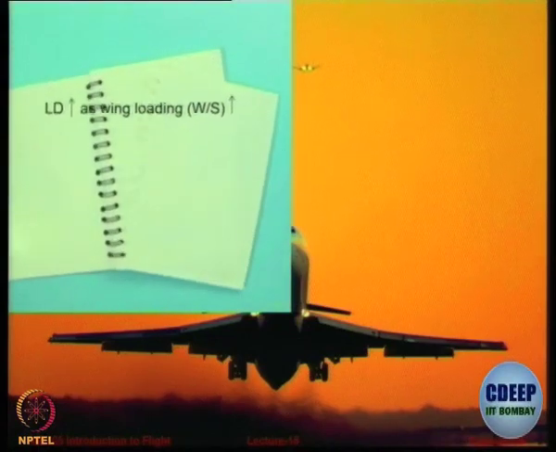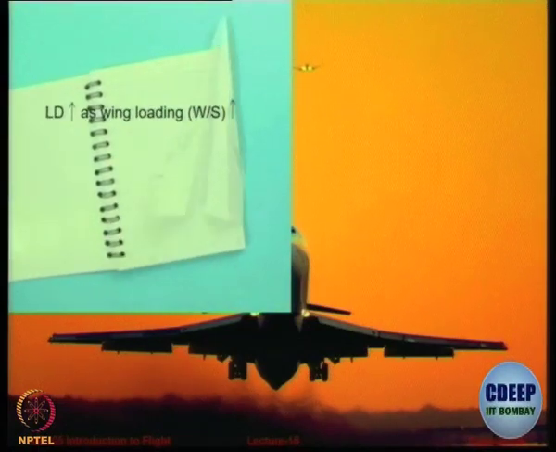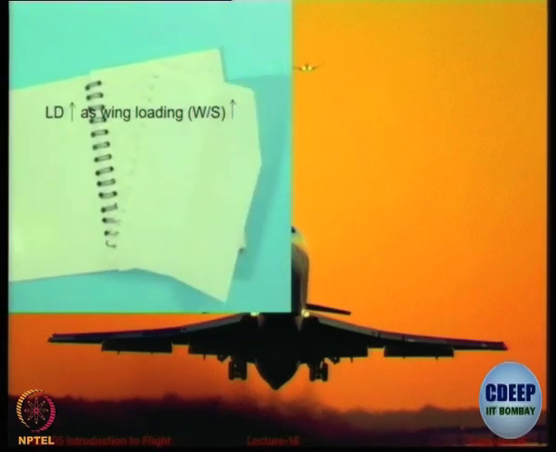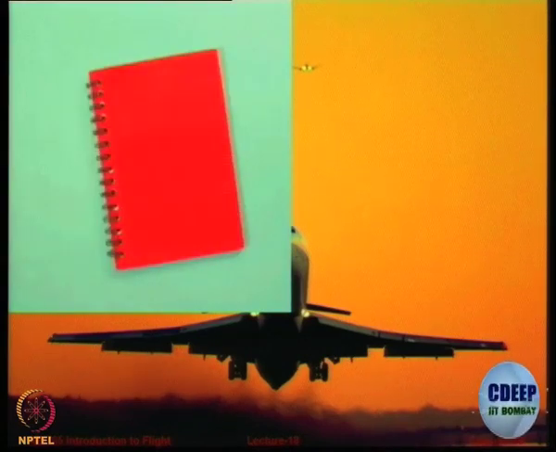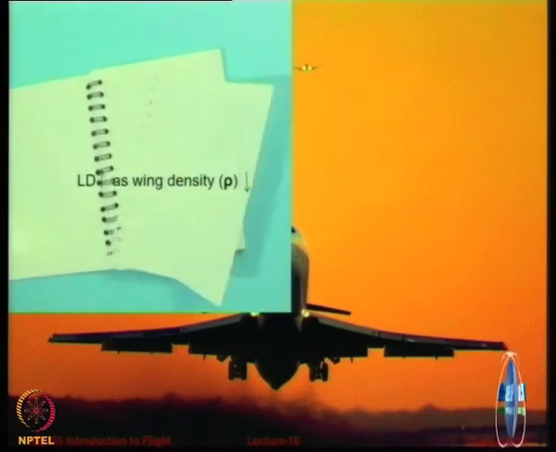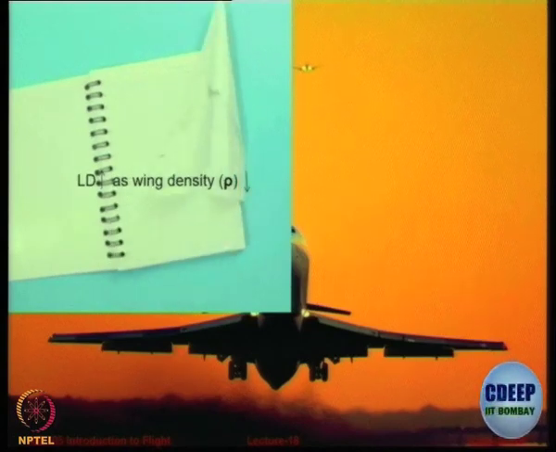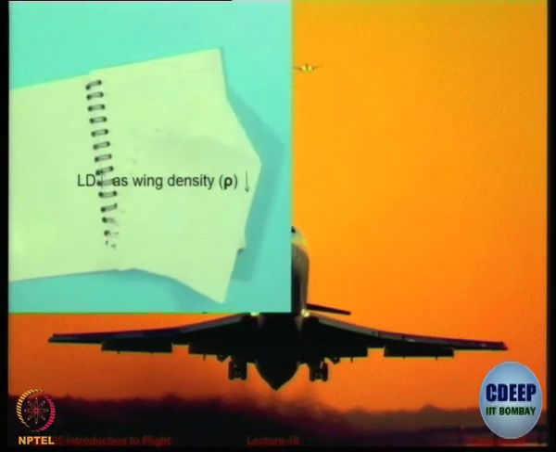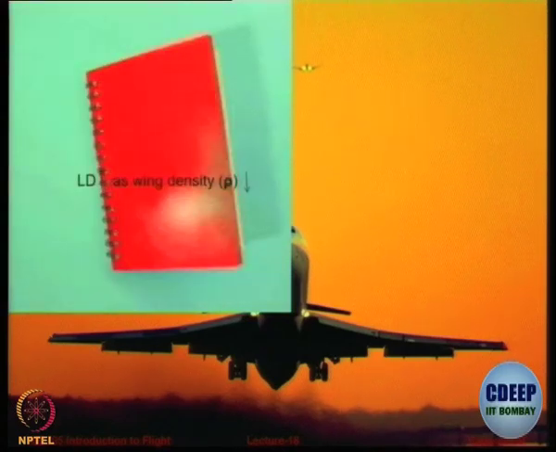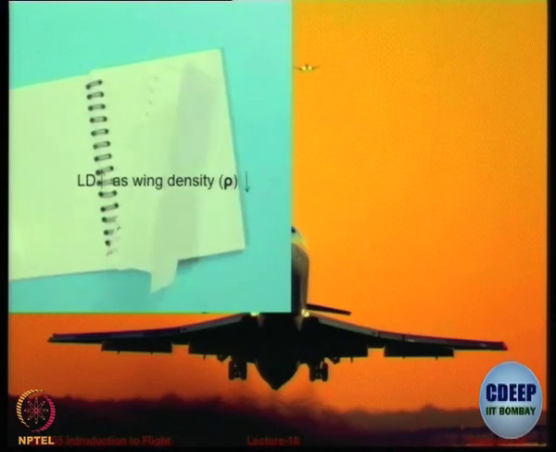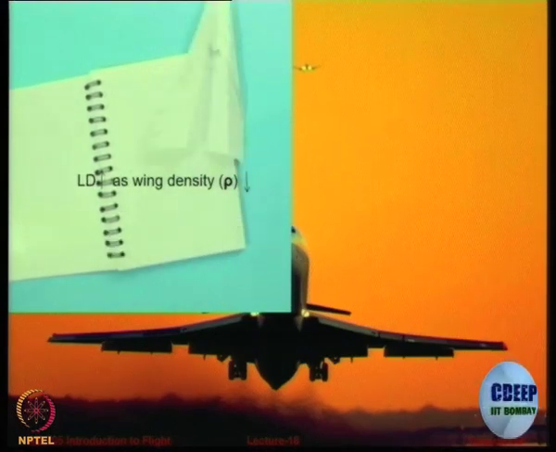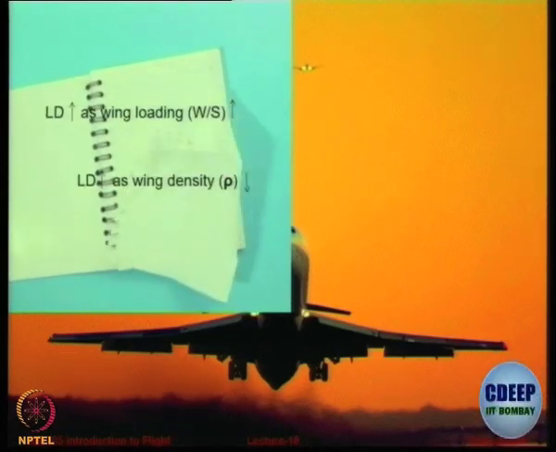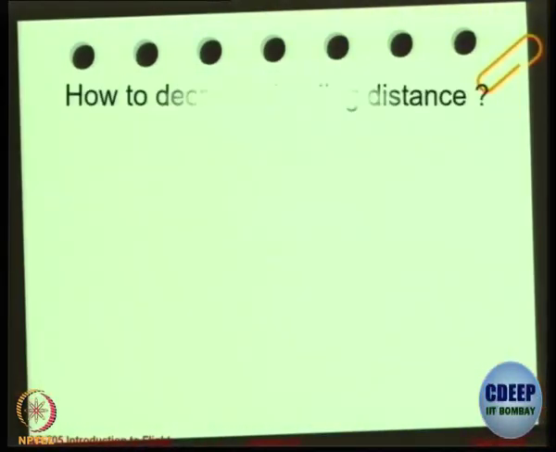So let's look at some interesting things. The landing distance will increase as wing loading increases. So again, from takeoff and landing, both we want to have low wing loading. Okay. Similarly, landing distance increases as air density reduces. Sorry, not wing density, that is wrong, it's actually air density. So when the air density reduces at a higher altitude or hotter condition, landing distance increases. So these are the two important points.